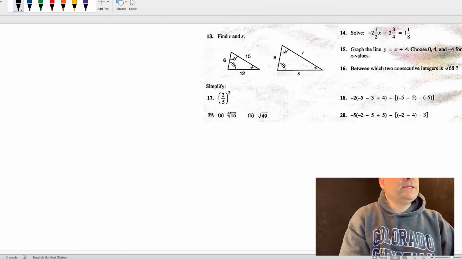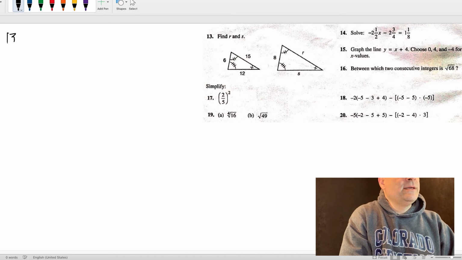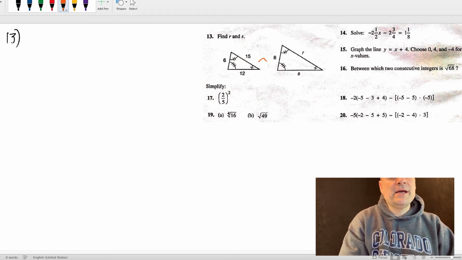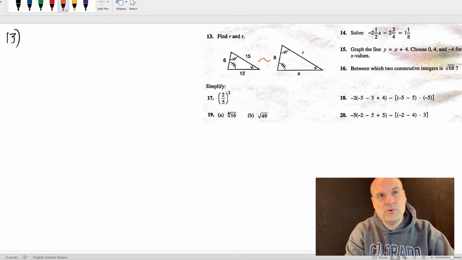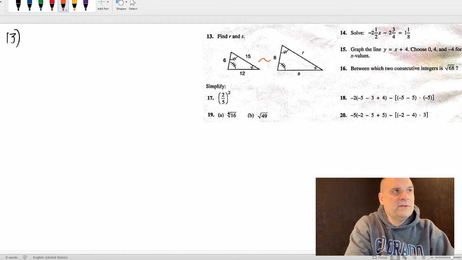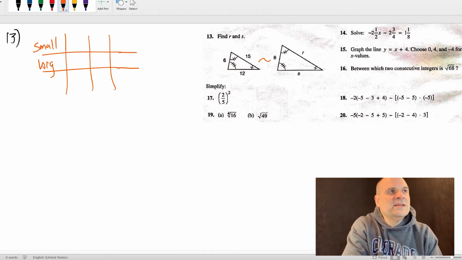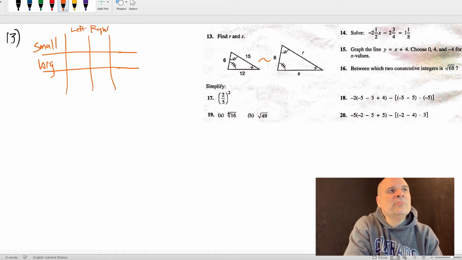All right, number 13. This looks like some similar triangles. So this guy is similar to that guy, which means all the sides are proportional. All right, so if you set up a little chart, you can totally do this if you want to. You could say this is the small triangle, and you can say this is the big triangle, okay? And then you're gonna need another side here because there's 3 sides. So let's say you have a left side, a right side, and a bottom,